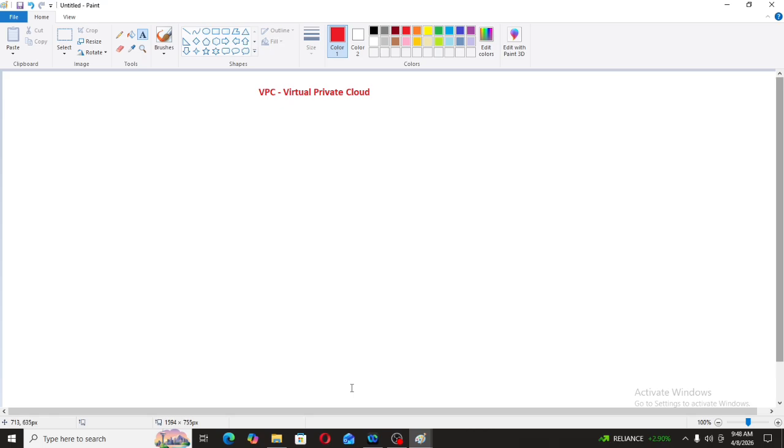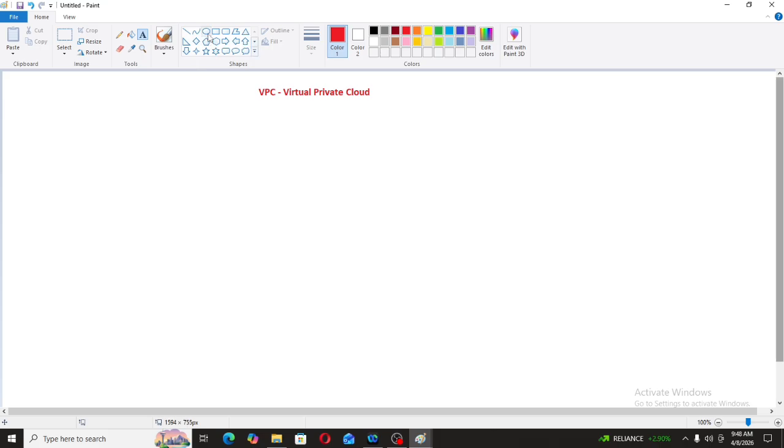Okay. Now let's assume that there are four friends, Ganesh, Kiran, Ram and Shyam. Now they want to launch EC2 instances in AWS. Now tell me, is AWS a public cloud, private cloud, or hybrid cloud? Definitely public cloud. What is public cloud? A provider service which is accessible by everyone. Now these four friends want to launch EC2 instances for their business in the AWS public cloud.